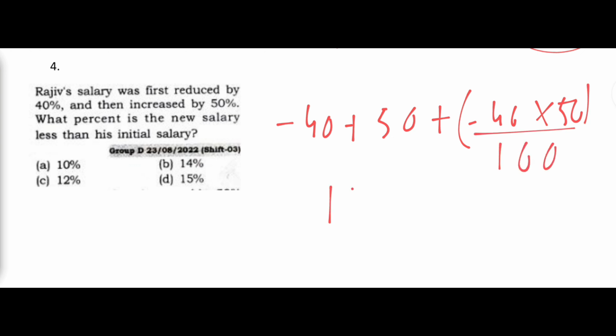Okay, and this becomes 10 minus... this 0, this 0, this 0, this 0 get cancelled. 5 4s are 20. 10 minus 20. Okay, it is minus 10%. What percent is the new salary less than the initial salary? 10%. Okay,